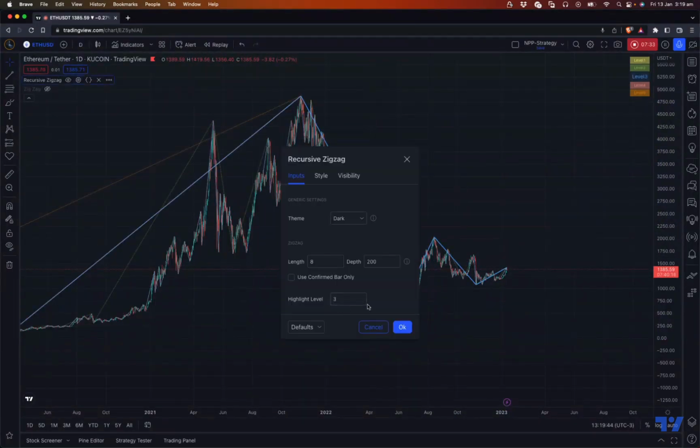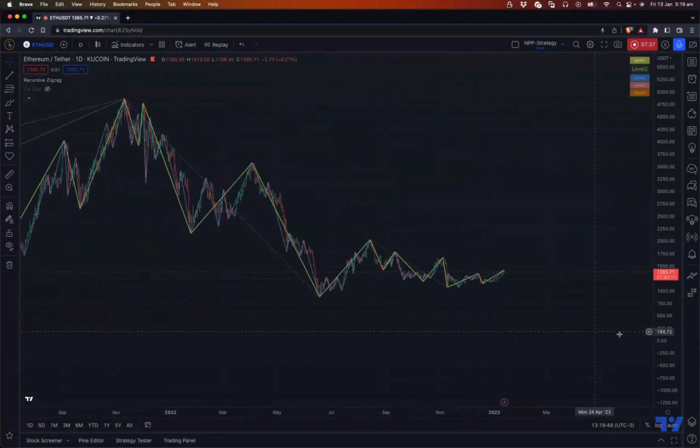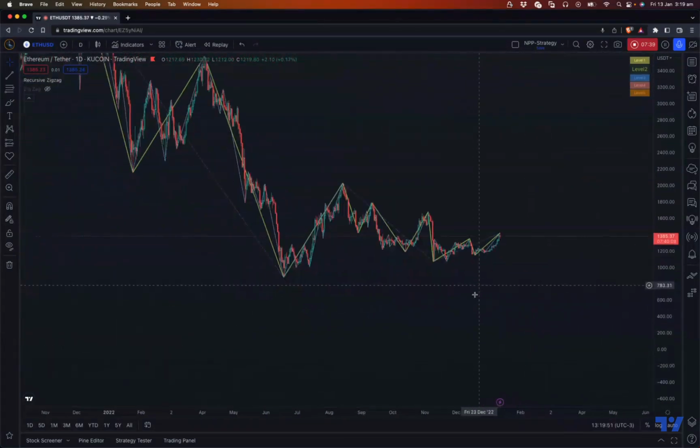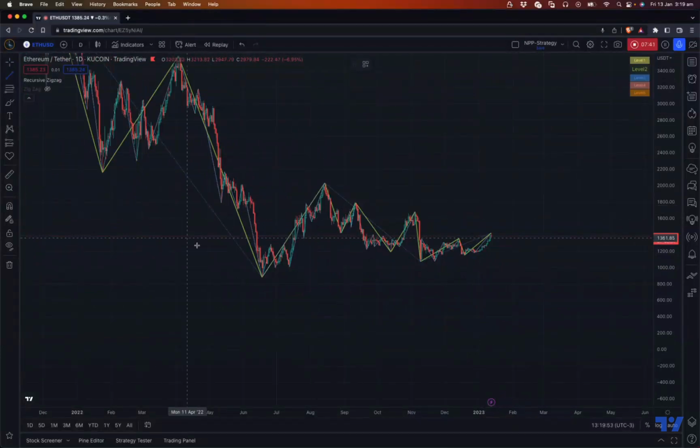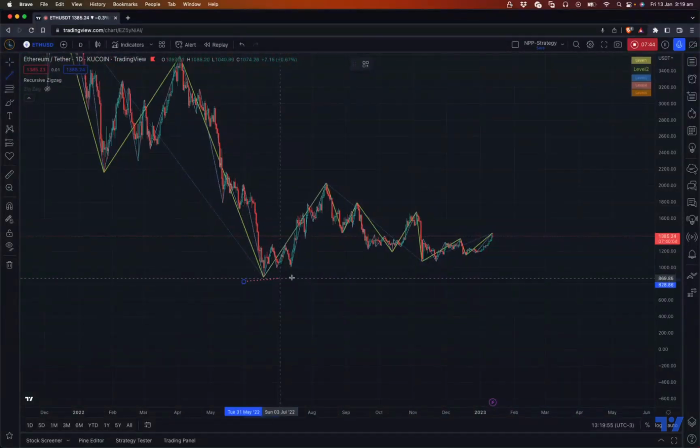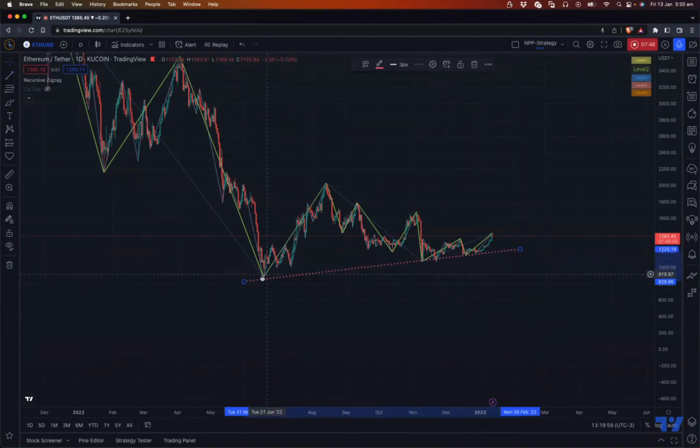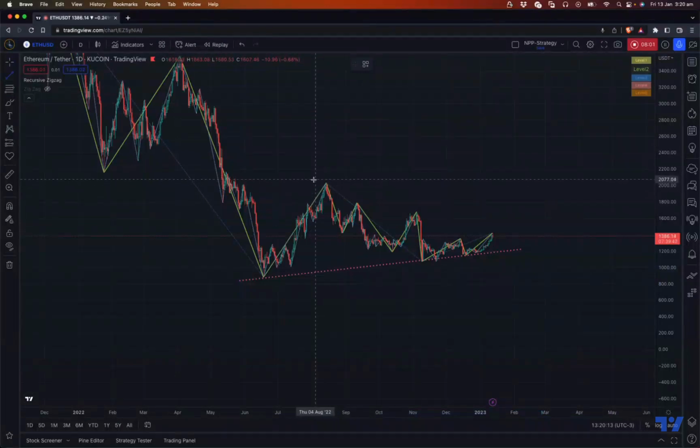So it's just 3 and then 2. When you go to 2, there are lots of small details here. So for pivot lows, you can actually draw a trend line which touches more than one pivot: 1, 2, and 3, right? So this is our trend line for lower pivots. Similarly, I can do a trend line for higher pivots as well. So something like this,